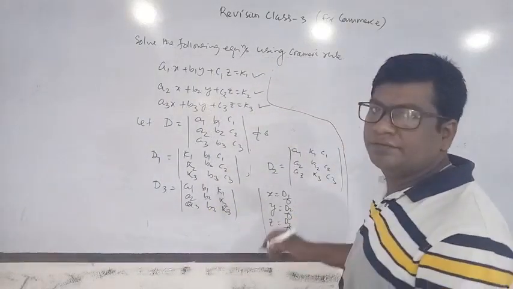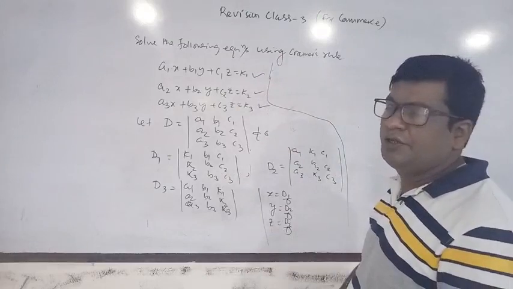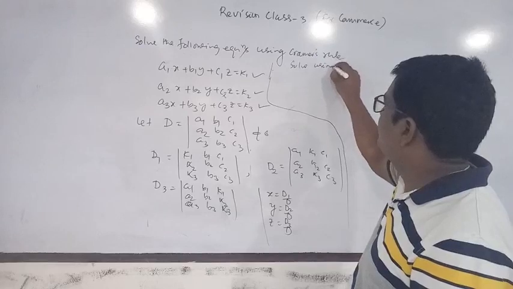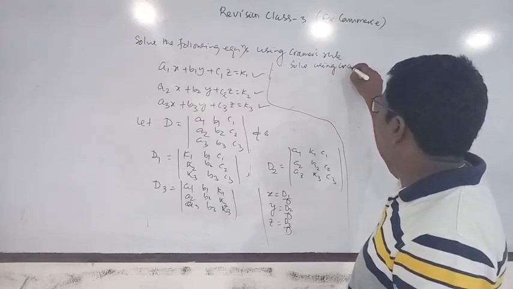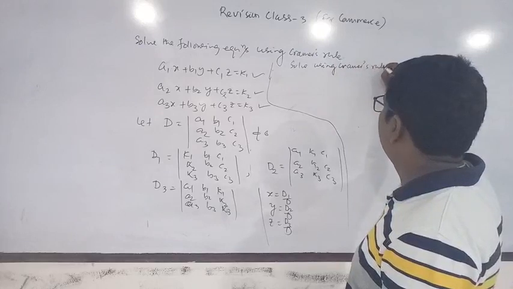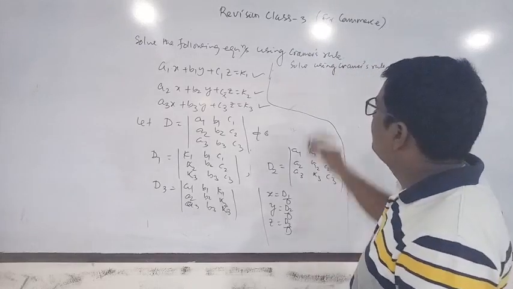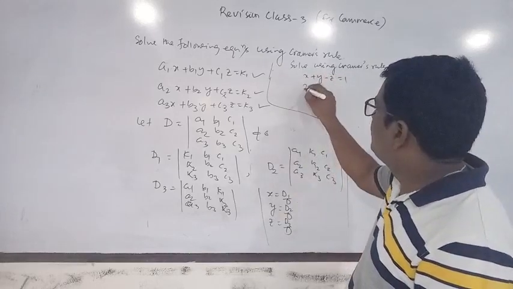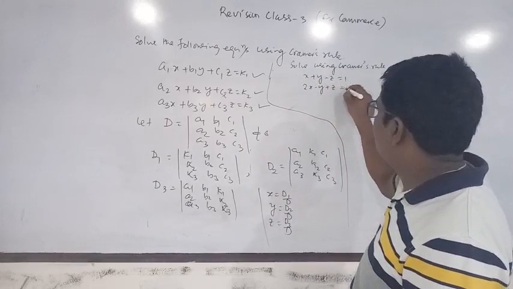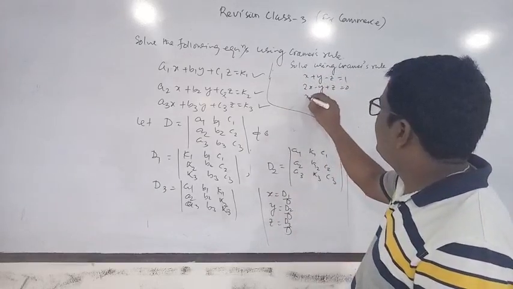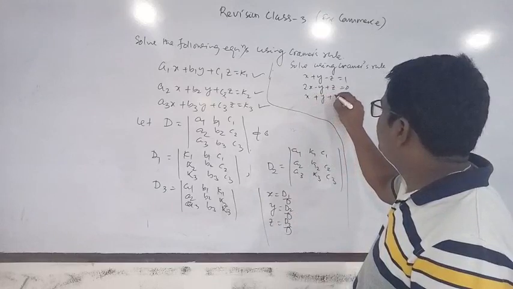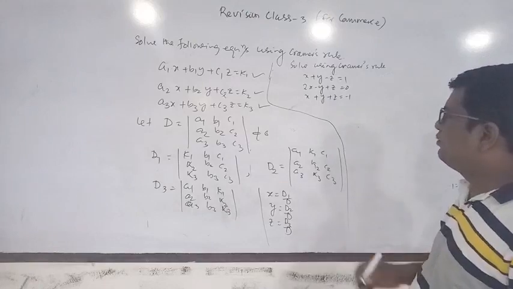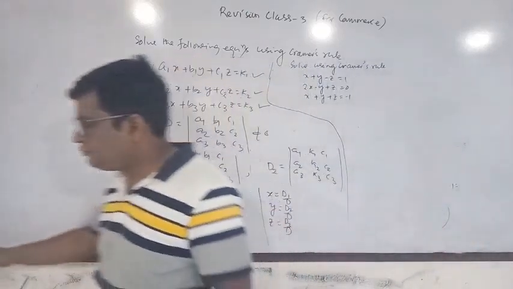Now one particular question, that is an example of the theoretical concept. Solve using Cramer's rule: x plus y minus z is equal to 1, 2x minus y plus z is equal to 0, and x plus y plus z is equal to minus 1. This is the question. Solve. So the answer will be: